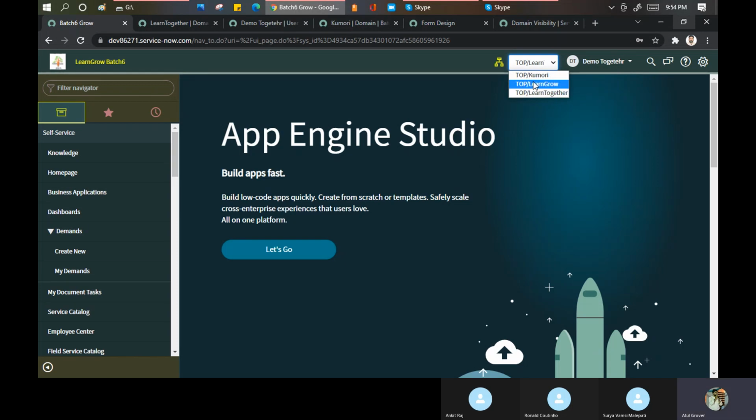It is a data breach, security breach. Sorry, not data breach. It's a security breach. How is the user able to see the data of this particular domain? So being a consultant, we have to be very careful in the domain separation, and this is another drawback of domain separation. Setting up the visibility is very tough, and specifically it is a headache for the admin team, or the architect, because they have to set up this thing in the background.